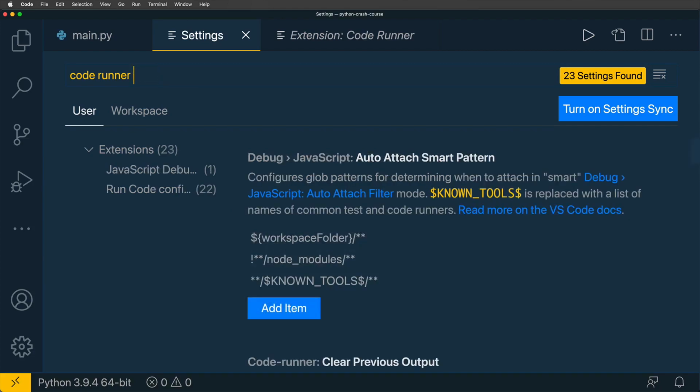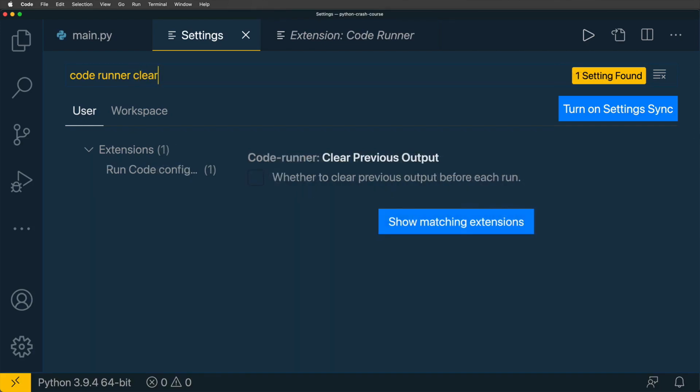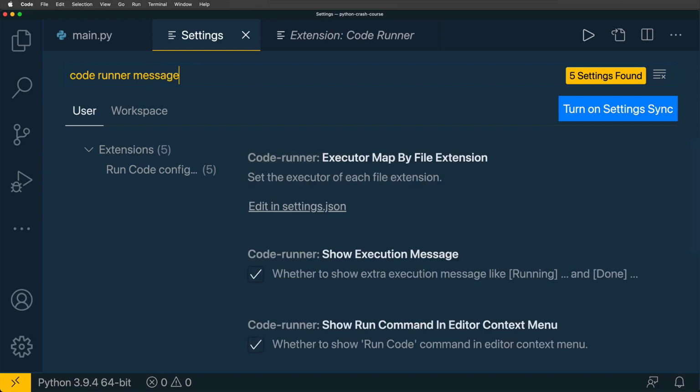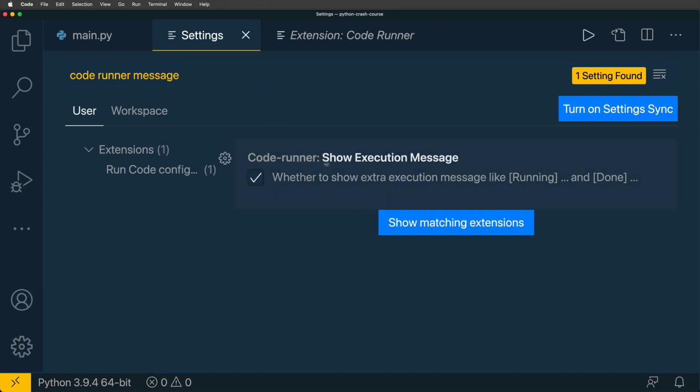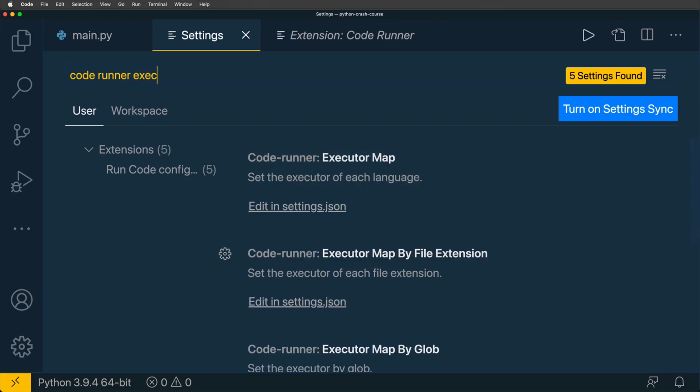Now here let's search for clear, like that, and check this checkbox clear previous output. Now let's search for code runner message, and you'll find option show execution message like running and done. Let's uncheck this checkbox. And if you are a Mac user, please enter code runner exec, and you'll find option